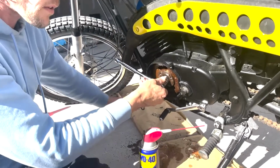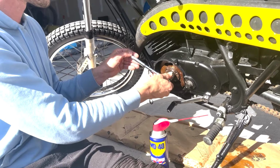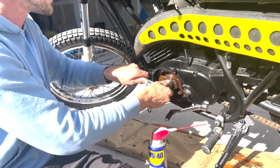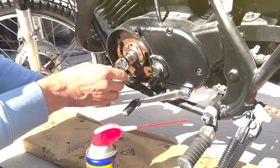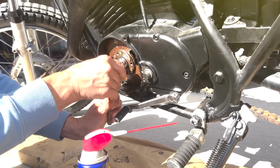I don't want to make a mess. Move this. It's going to pour out because we're turning basically the entire internal engine mechanisms manually and trying to get it to work that fluid all the way through. You can see it's got a bunch of gunk in there, but we're just going to keep doing this until